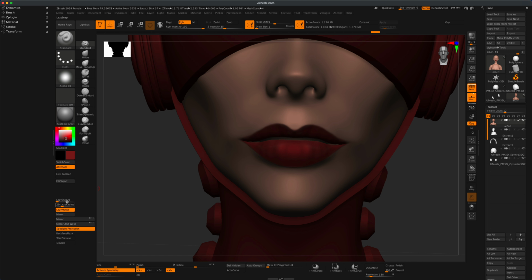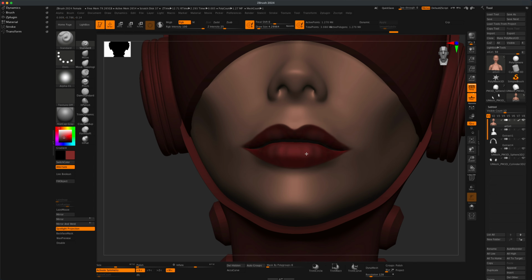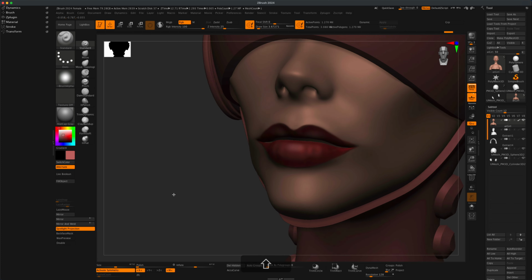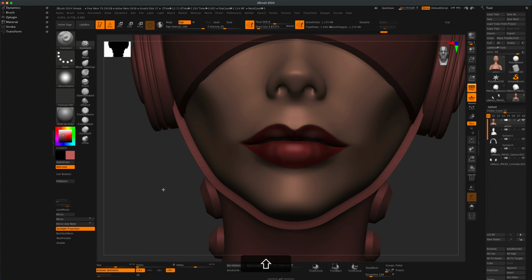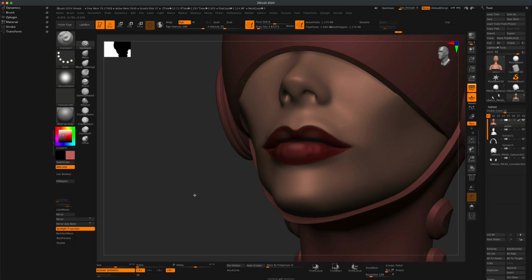All right, once you're happy, if you are an amazing painter, keep in mind you can even go as far as maybe adding a little highlight on top. So you can always do that as well, and just literally add a little bit of a highlight into your paint. That's up to you, but that's definitely an option. I'm not really sure if that's something that I need to do, but maybe just a little bit. And you can also hold Shift key to smooth your paint and create kind of a gradient. So you have a lot of options here, but once you are happy with your lips,